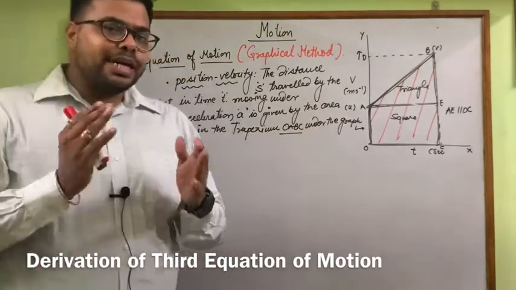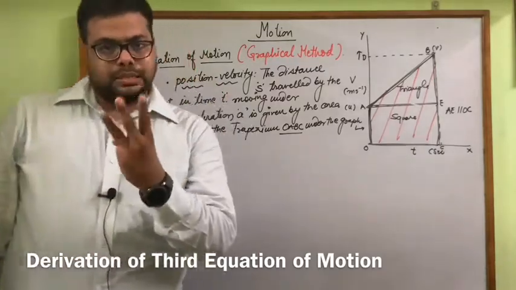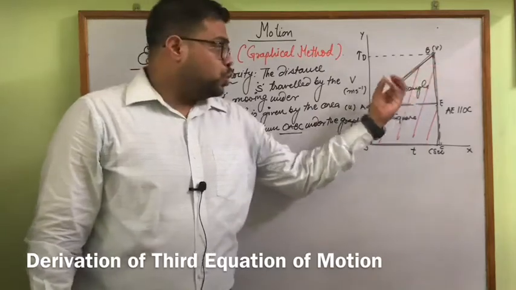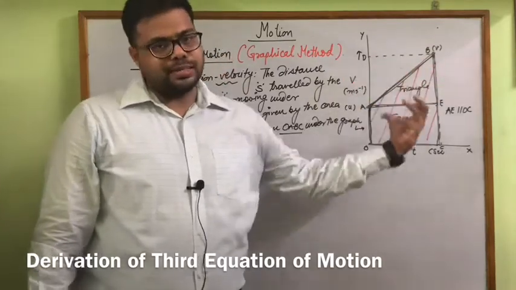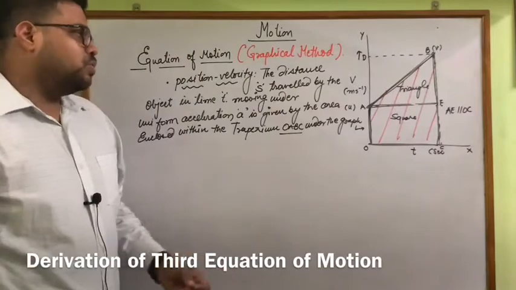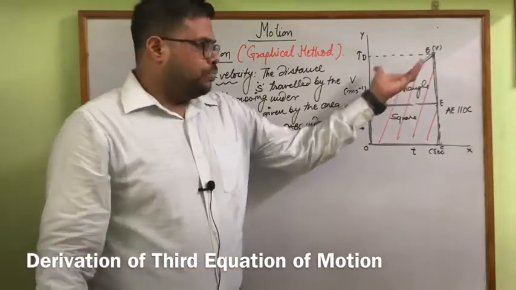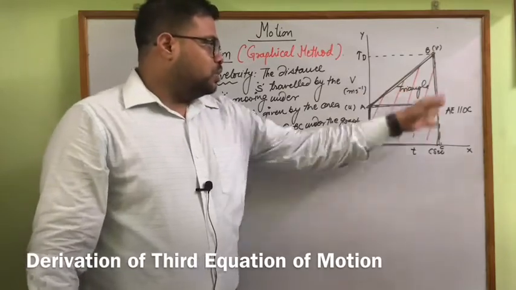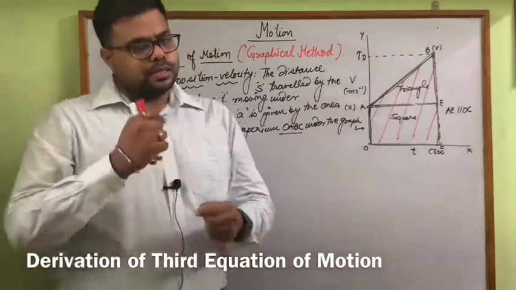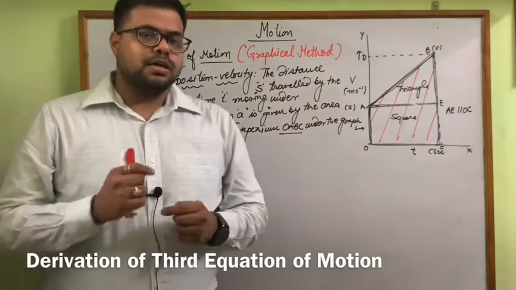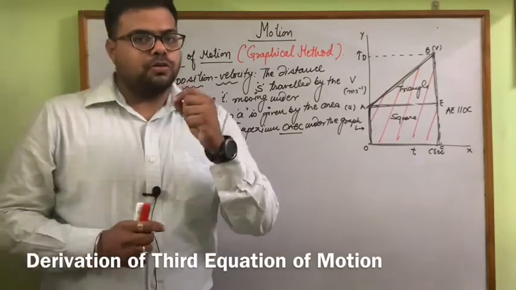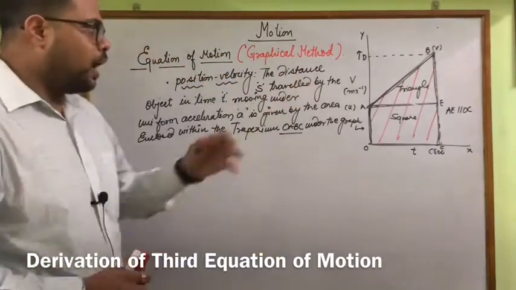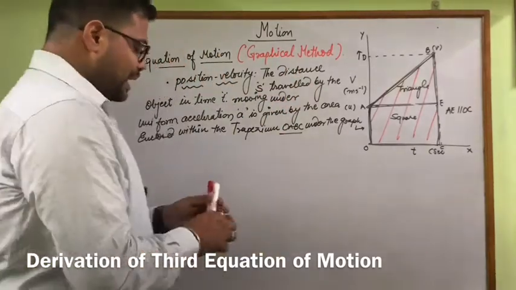I already stated we have two methods to find the area. You can divide the trapezium into two parts: first a triangle and second a square. Now, if you do not like that, we know the first method to find the area of the whole trapezium. This gives us again a very important relation, which is called the third equation of motion. Look at how.